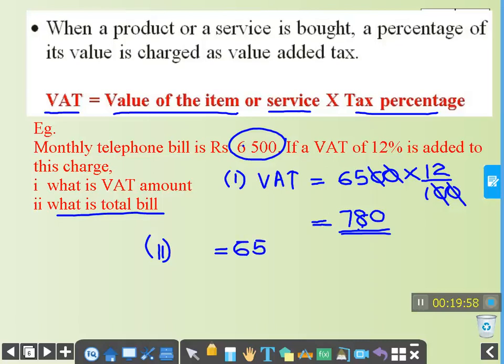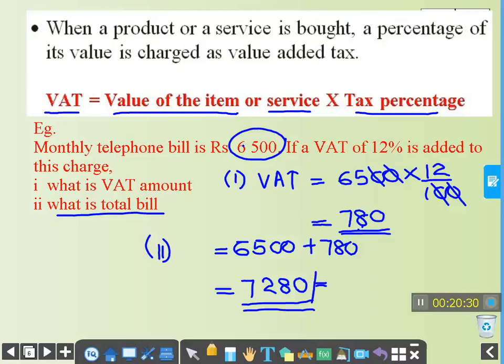So final bill will be then 6,500 plus 780. 80, 12, 7. So as your telephone bill, you have to pay 7,280. Basically your bill is 6,500, but VAT is added, so that's why you have to pay